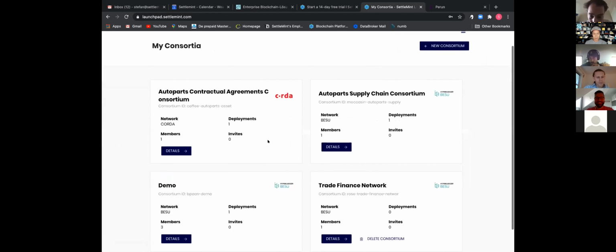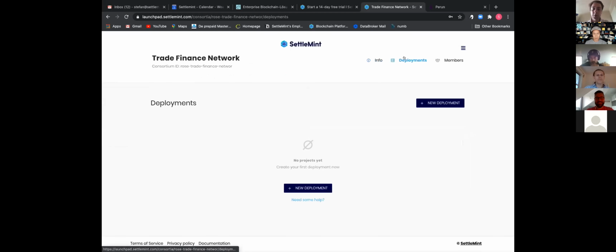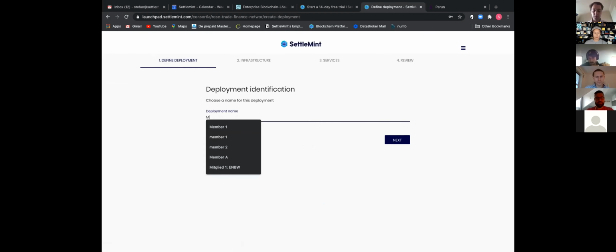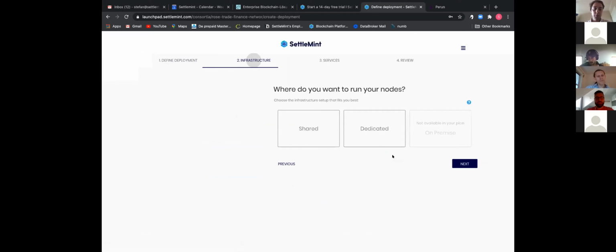So let me just find the cursor. Yeah, so we just created the trade finance network. I'm going into the deployment. In our platform, a deployment is a cluster of nodes that each individual consortium member will have in order to be able to actually participate in the blockchain network. To make this very easy, we've made it also a click-through process. All you do is you click on member, you give that participant a name,